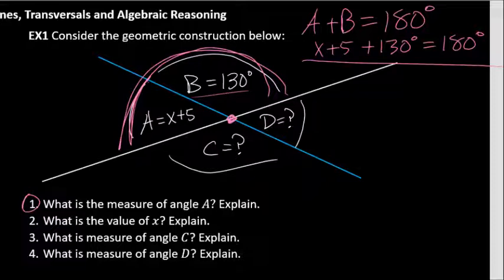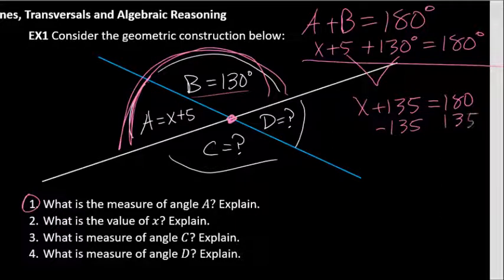Okay, so nothing too special there. So if we go ahead and do that, we can combine like terms. So we have x plus 135 now equals 180. Okay, subtract 135 from both sides. What I do on one side, I do the other. X is going to be equal to 45. Okay, so now that we know what x is,